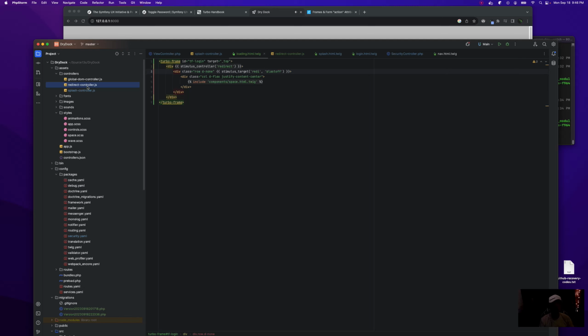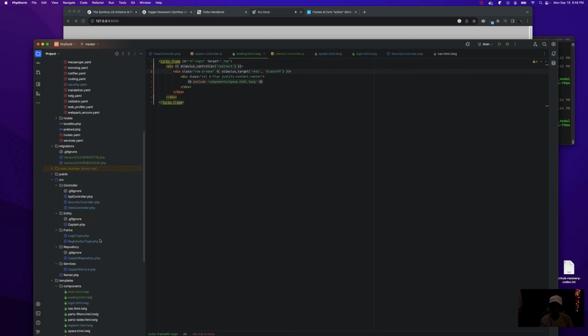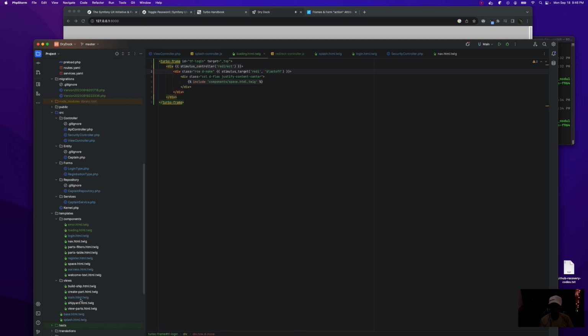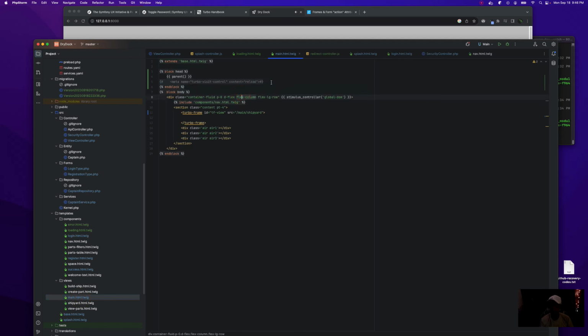So one way you can do that is you can actually do a hard reload, but then we'd have two reloads in our app. The initial page load and then this reload when the app loads. And that's not too bad, but it's not great. And the way you would do that, I was playing with this earlier, is you go to this main view, right here, you add a meta tag, turbo visit control reload.